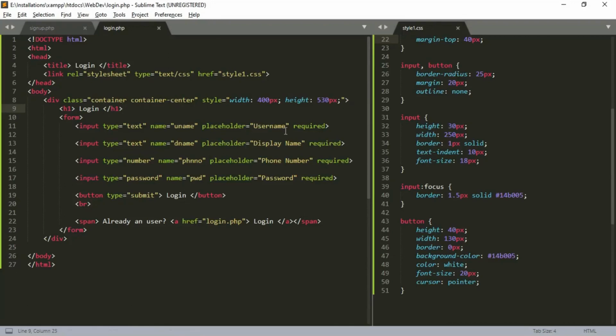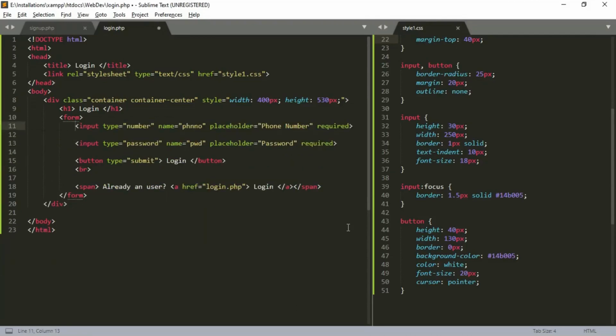We have done it. And then we don't want the username input field and display name input field for the purpose of login. So let's remove them. Remove username and display name input fields. And there is a small modification we have to do in the span tag.